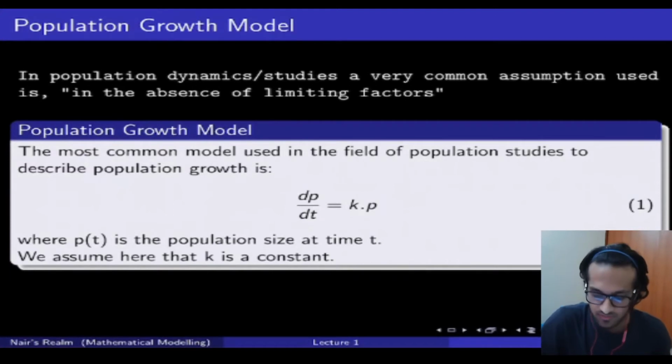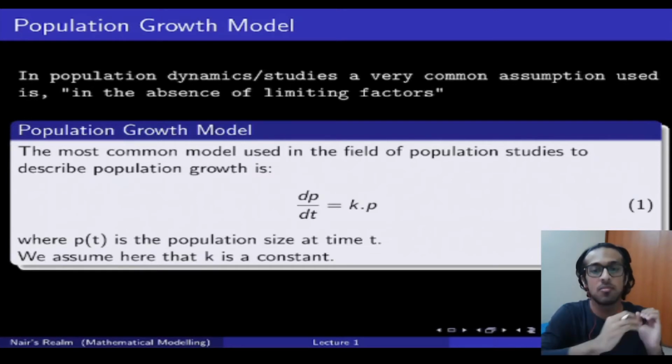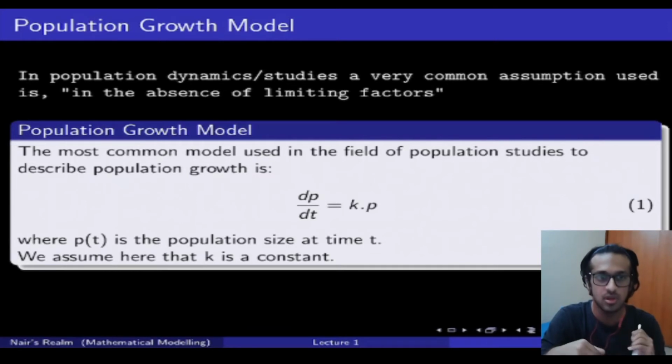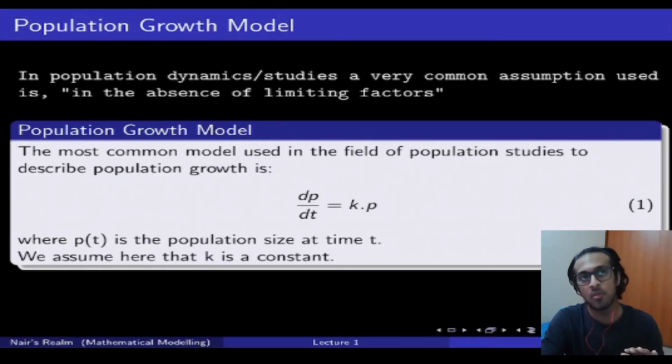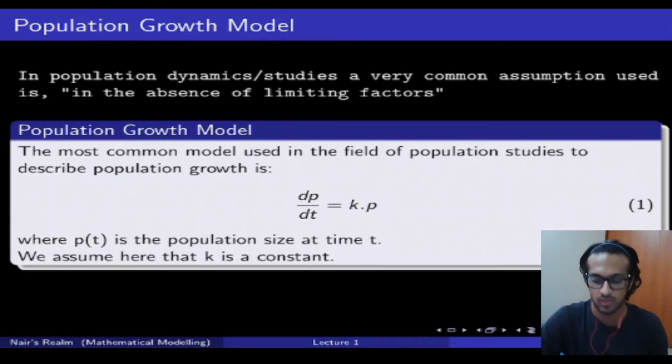Like I said, the very first thing to do is to understand the assumption that was made. In today's lecture, we are not going to be modeling something by ourselves. I'm going to give you the model that exists for population growth. At the end of this lecture, I'm going to pose a problem to you, and you can try forming the model by yourself. In the beginning of the next lecture, the first thing I'll do is give you my solution to that mathematical model, and we'll have a discussion about it.